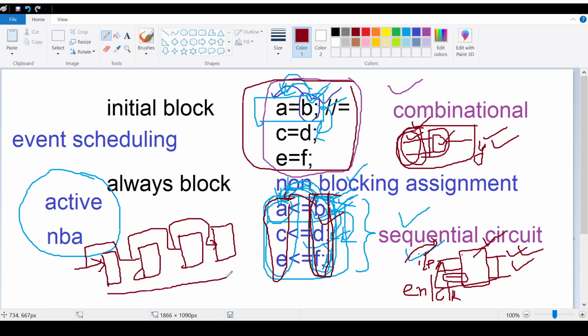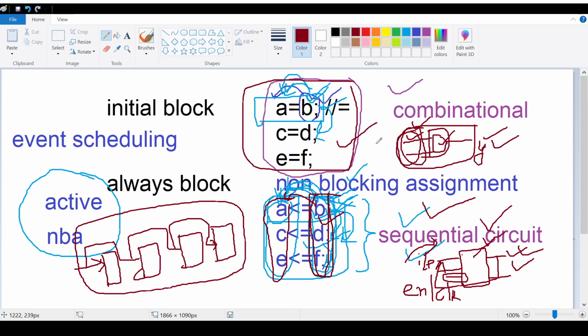So all the flip-flops we have to assign simultaneously. At that time this non-blocking assignment will help, as the assignment is happening in a concurrent way and it is not blocking the execution of the other statements,